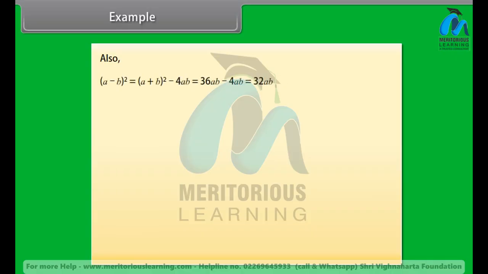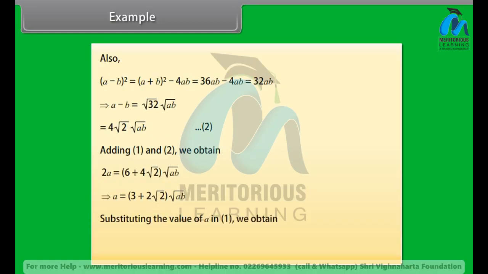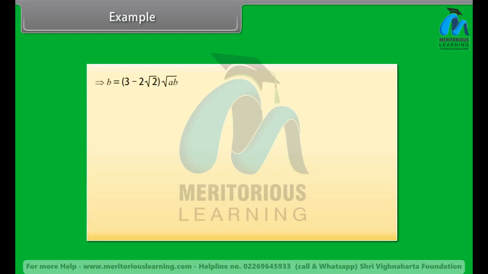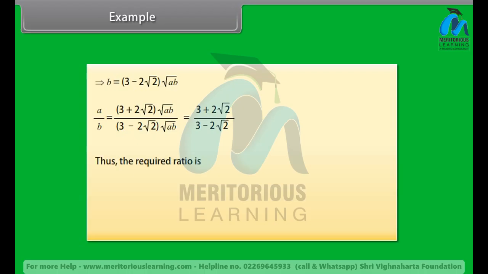Also, the square of a minus b can be written as a minus b equal to 4 into square root of 2 into square root of ab. Let it be equation 2. Adding 1 and 2, we obtain, substituting the value of a in equation 1, we obtain a by b is equal to 3 plus 2 root 2 divided by 3 minus 2 root 2. Thus, the required ratio is